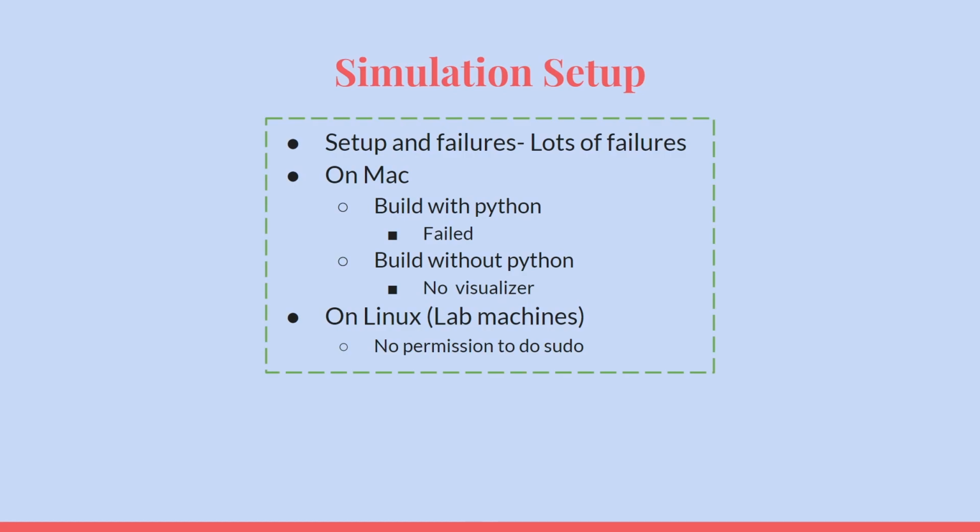But the previous version of NS3 had already been deprecated, so we couldn't install it. It was no longer available on GitHub either. We did actually manage to find a defunct version of NS 3.25 in a Mercurial repository later on, but that's for later. So we tried to install Xcode first, another suggestion from the internet, then set up the environment, but it still wasn't working. At this point, we could successfully set up with Python disabled on macOS, but since Python was disabled, we couldn't use the visualizer, which would make analysis harder. So we were wondering if we could run NDN sim with Python on Linux so that we could utilize the visualizer.